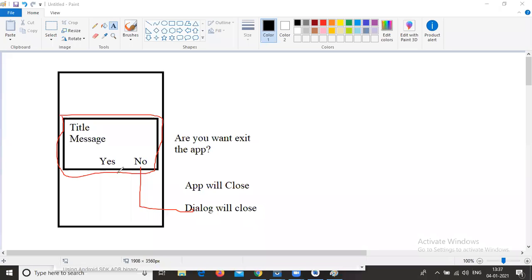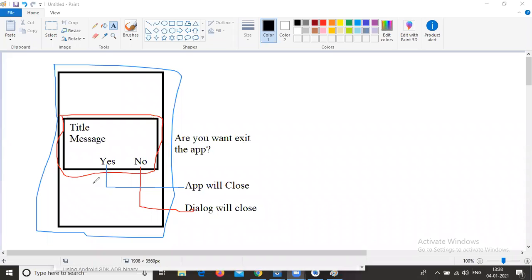If you are clicking Yes, the complete app will be closed. If you are clicking No, only the dialog will be closed. So this is our requirement.